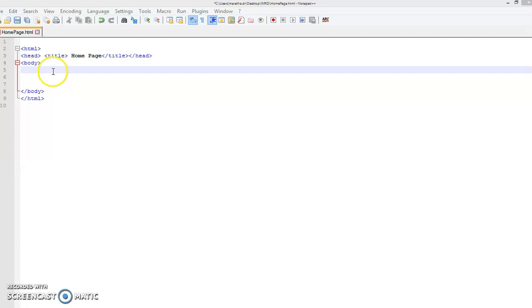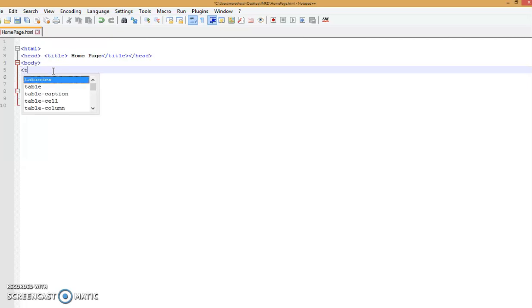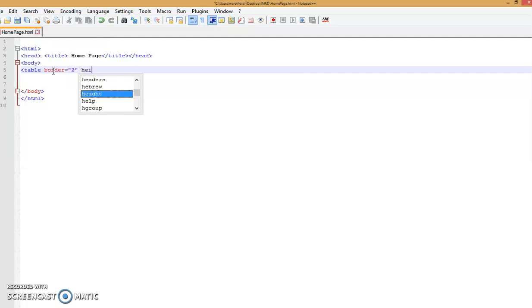Hello friends, in this video we see how to create a static website. First of all, we are creating the home page. In this home page we create the structure of the web page by using a table tag. First of all, table border is equal to 2 and height is equal to